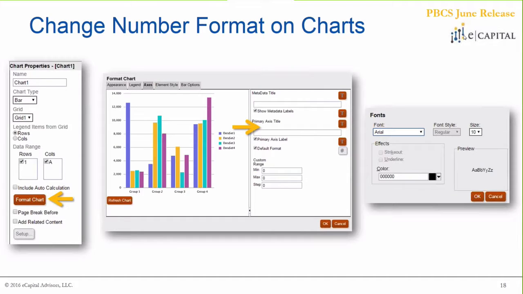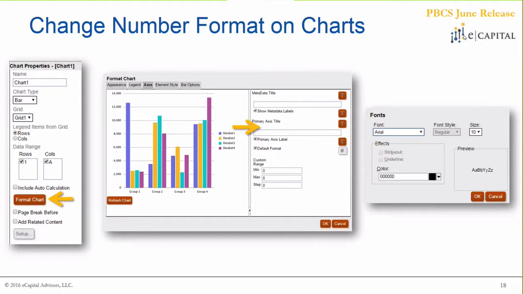So the next feature here as part of the June release is around financial reports. Specifically, they've been able to change the number format on charts and the font sizes. If you go into Financial Reporting Studio on the web, directly through your PBCS application, you'll be able to go into your chart properties on your FR grid, go to Format Chart, and then you'll be able to move this around and select the text field to look at your different fonts